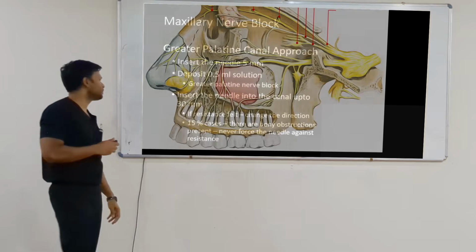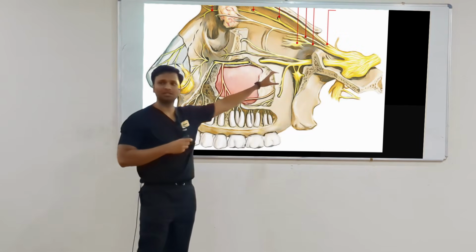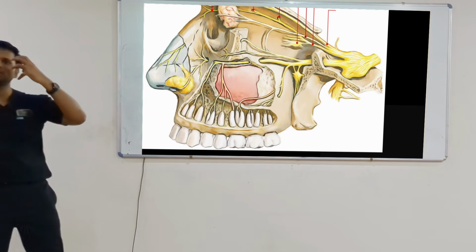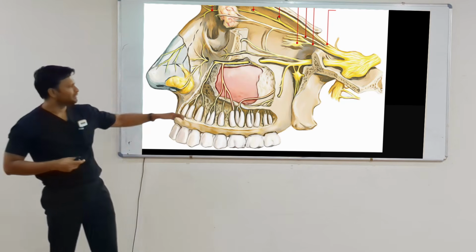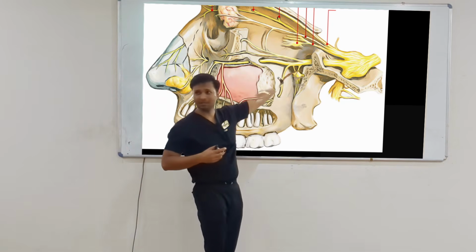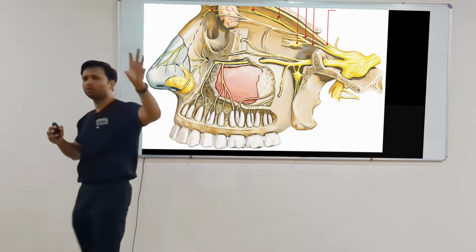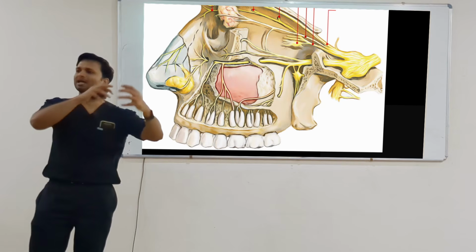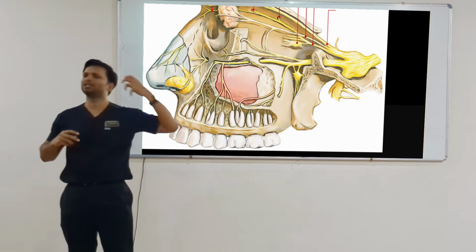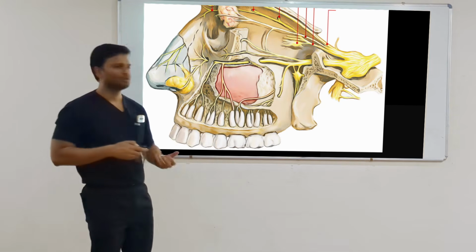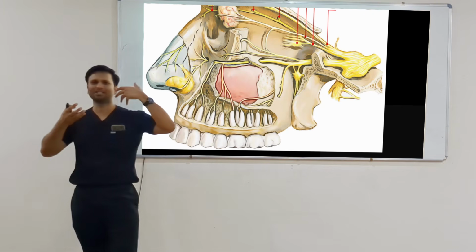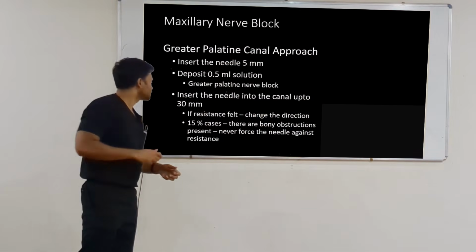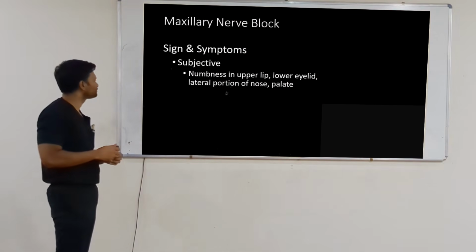That is one. You might have abducens nerve, यहाँ पे abducens nerve होती है which supplies the lateral rectus muscle. So patient को diplopia हो सकता है. We have the optic nerve coming here. So for the duration of the local anesthesia action, जब तक वहाँ पे local anesthesia का action है, the optic nerve, one side the patient will have blindness because वहाँ से जो भी signal था vision का, it is not going to pass through because of the local anesthesia. So these are the things that you need to avoid.